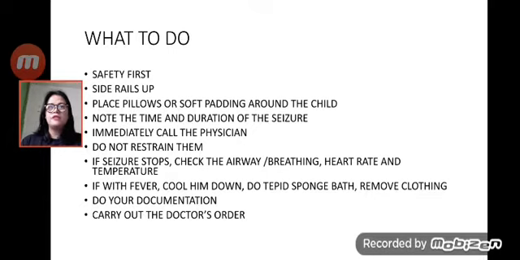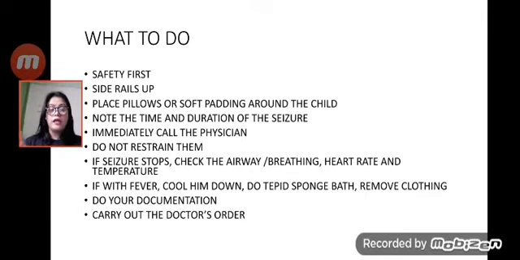So if in case that your patient or the infant is having a seizure, you need to put the side rails up and make sure that there are pillows or soft padding placed around the child, so that if the baby is having jerking or twitching movement, his head will not be bumping on the side rails. It will just bump, of course, with the soft padding or the pillows that you have placed surrounding the infant. Then note also the time